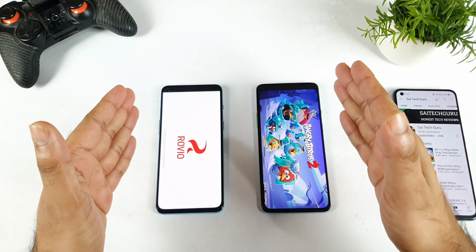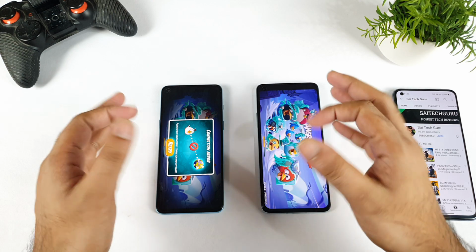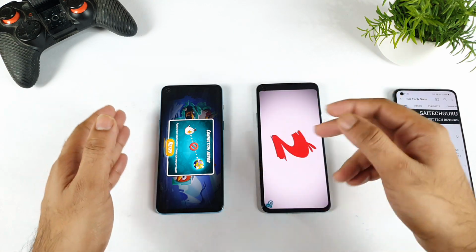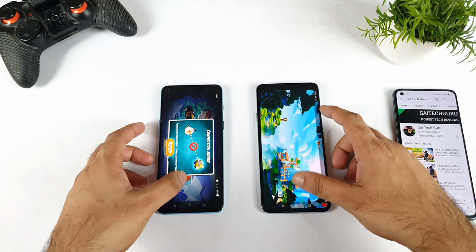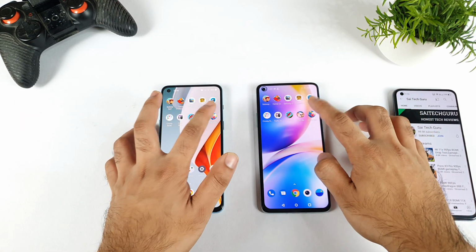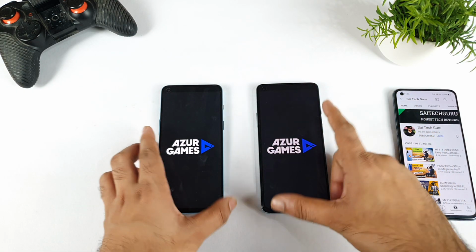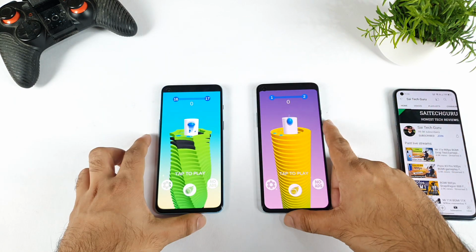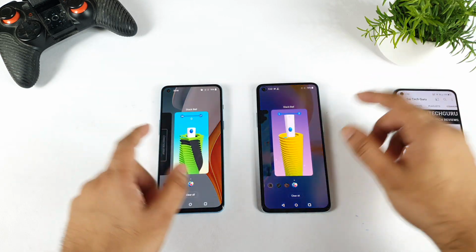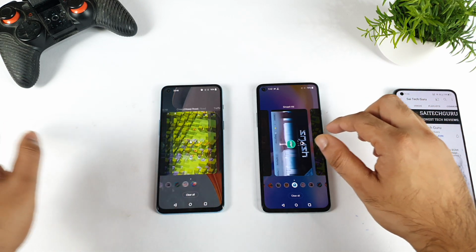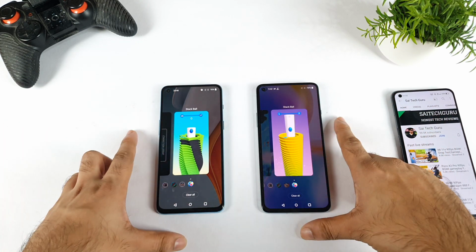As you can see, friends, clearly the OnePlus 8T was able to open applications much faster than the OnePlus Nord 2, in most of the applications and most of the games. So at least they should leave the previous old phones alone. They should keep the stock UI, I mean stock Oxygen UI. Even all the old phones will be forced to update to ColorOS. Unfortunately, all the 10 games are completely open in the background.